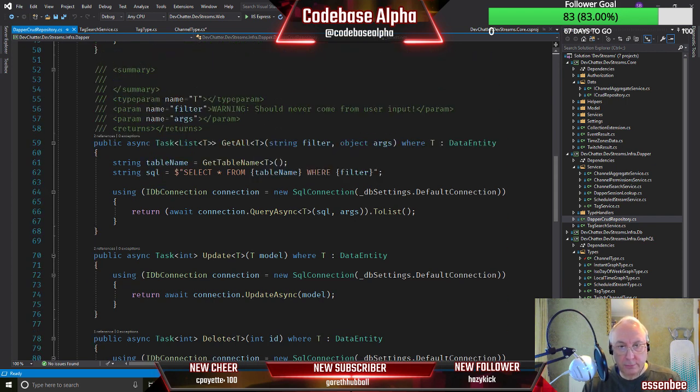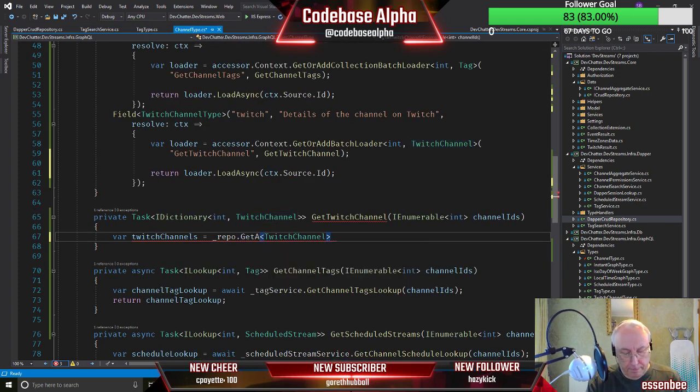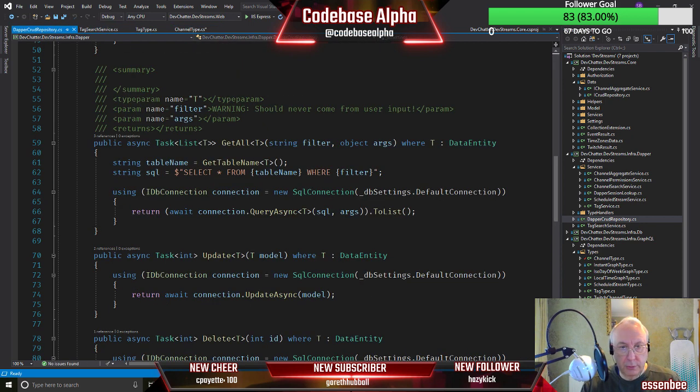It was GetAll with a filter. GetAll, and the filter was... so let's go back and have a look. Start from table name, where filter.